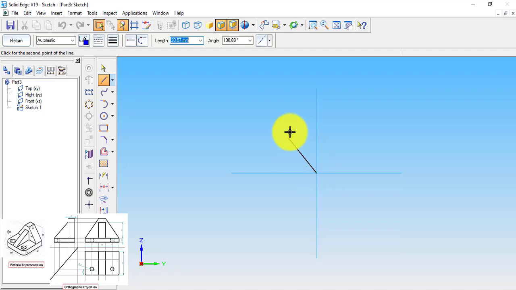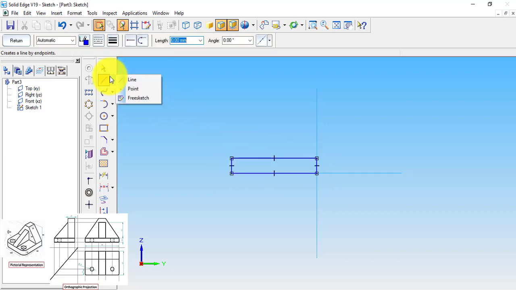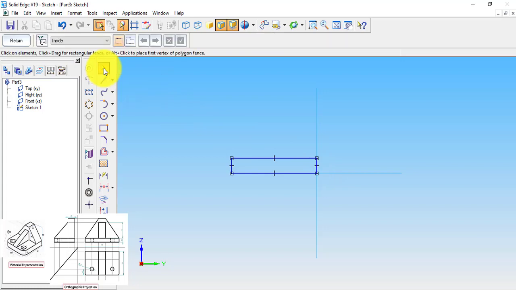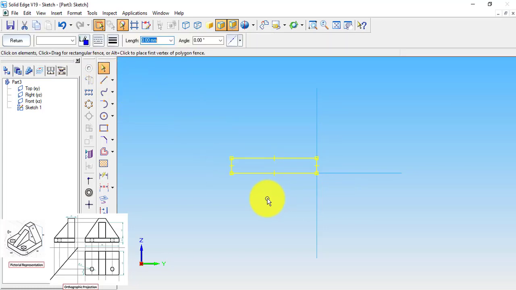The height of our object initially starts from 10 mm, and at the 10 mm we have the width of 60 mm. We basically complete the below part. Let us complete this part fully for the three-dimensional view.